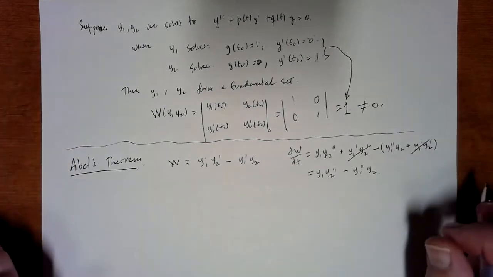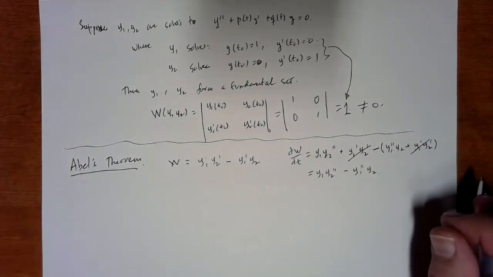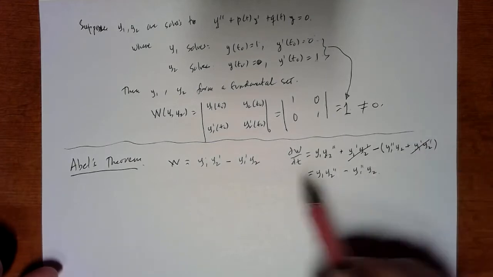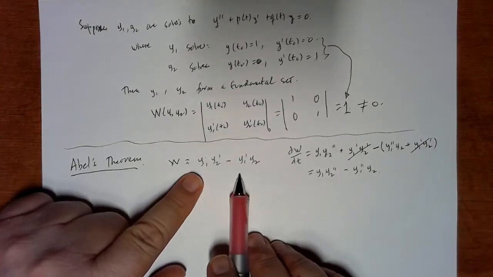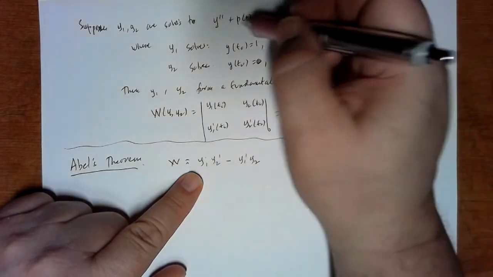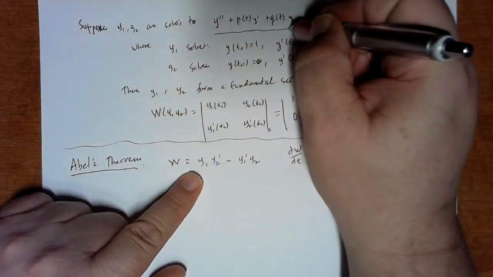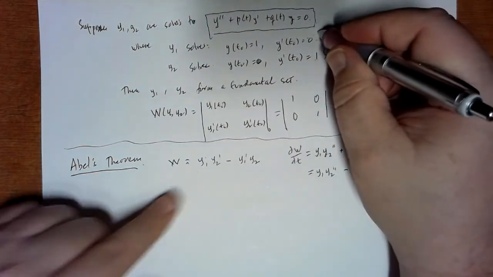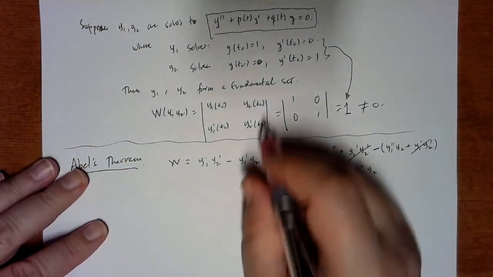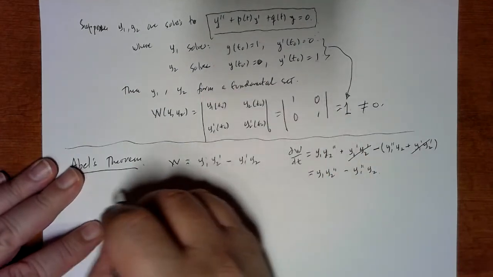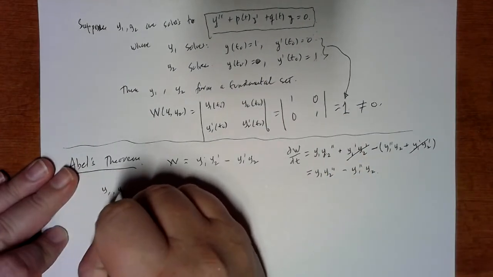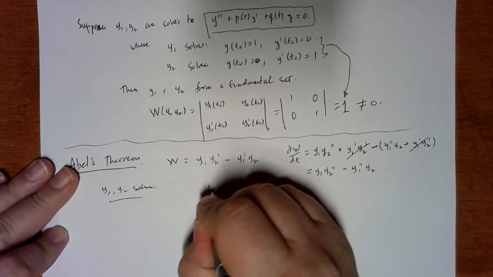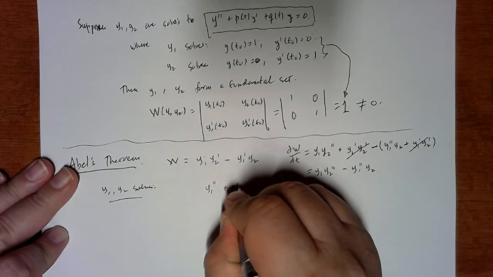Good. So again, this is all looking at the Wronskian as a function of time. All right. Now, what differential equation did y1 and y2 solve? Well, there are two solutions. We're going to assume that there are two solutions to the second order homogeneous differential equation. So therefore, if y1 is a solution, then y1 and y2 solutions to the differential equation means that y1 double prime plus p of t times,